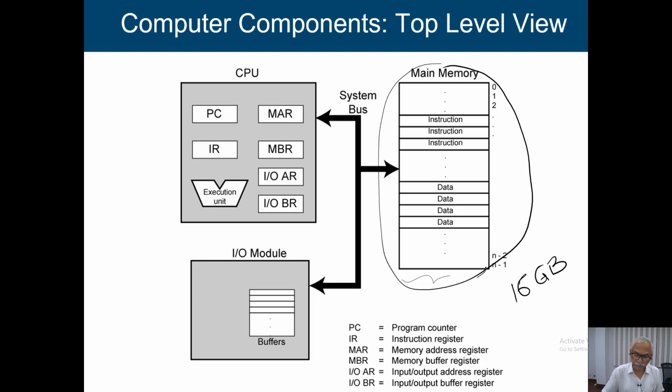Now this main memory is connected to the processor through the system bus. This is how it is. Now the processor is going to work with the information available in the main memory. So what are those operations that we have while we are going to work with the memory, or when we are going to fetch information from memory? Already I said that either we are going to get an instruction from memory or we are going to get data from memory.